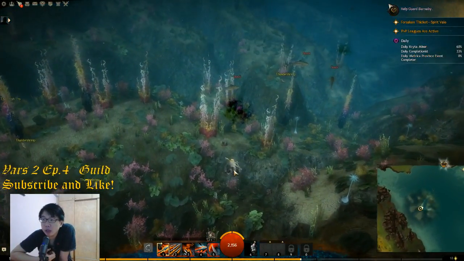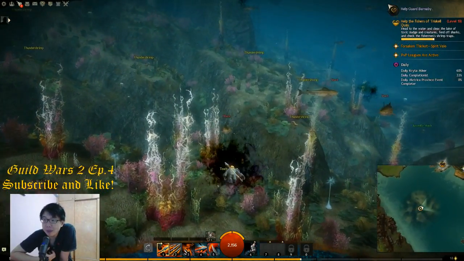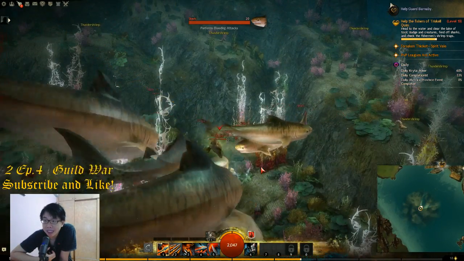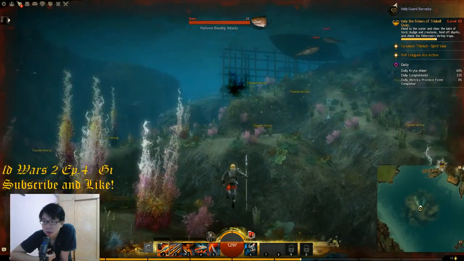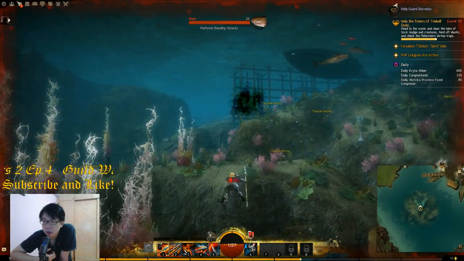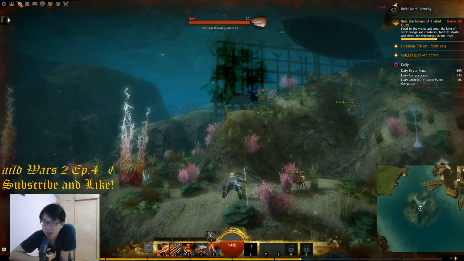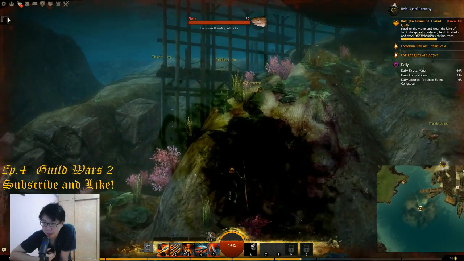So right now we're going to the next location as fast as we can, and then we clear more toxic fuge, and then there'll be more sharks. So right now we're going to swim across to clear more toxic fuge,